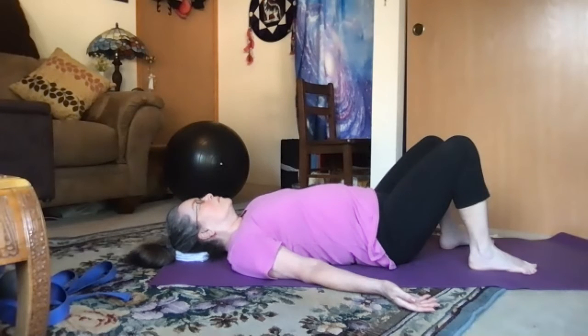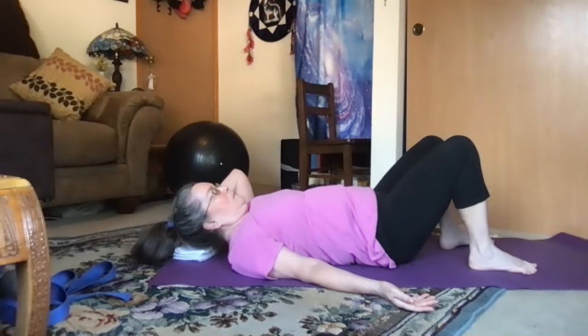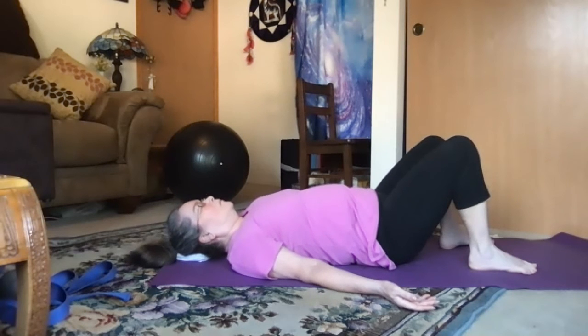center of your throat, right shoulder, elbow, wrist, right thumb, second finger, third finger, fourth finger, fifth finger, right wrist, elbow, shoulder, center of your throat, left shoulder, elbow, wrist, left thumb, second finger, third finger, fourth finger, fifth finger, left wrist, elbow, shoulder, center of your throat, spiritual heart